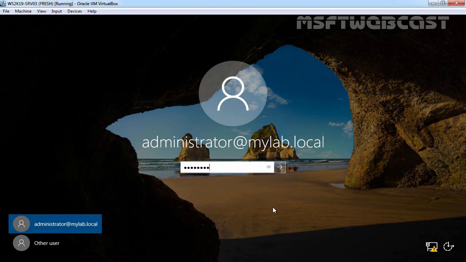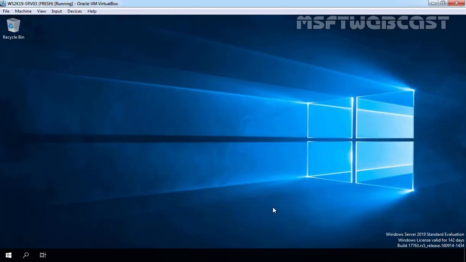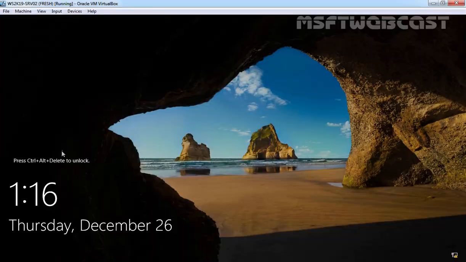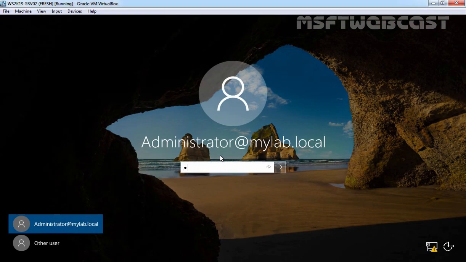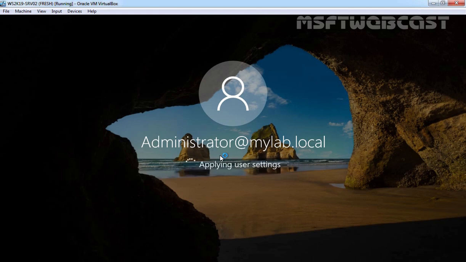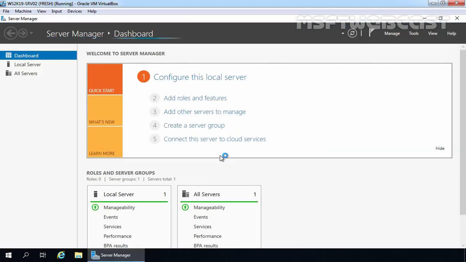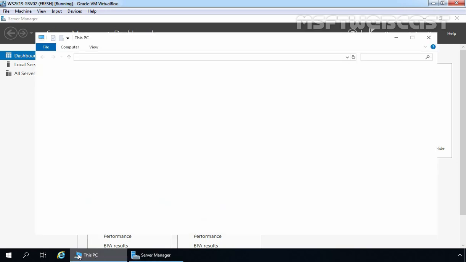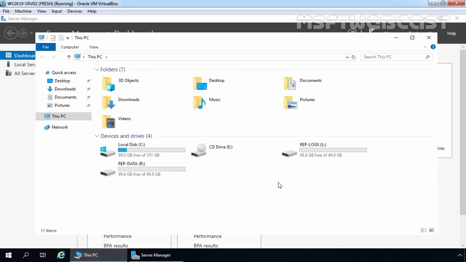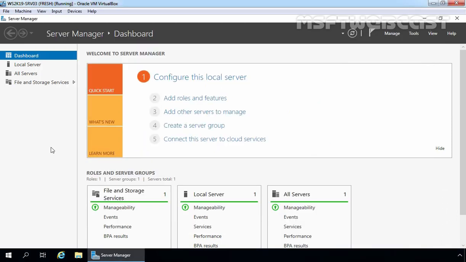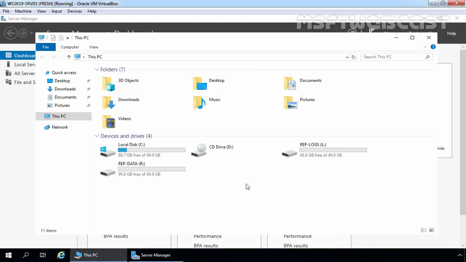Let's again sign into our servers. Let's go to our SRv02. Let's log into the server with the credentials of our domain administrator at mylab.local. Let me again show you the File Explorer to take an overview of volumes on both of our member servers. Okay, we have 3 partitions on SRv02. Let's check the same on SRv03 as well. Perfect. Fine. Let's move to the SRv02 server.